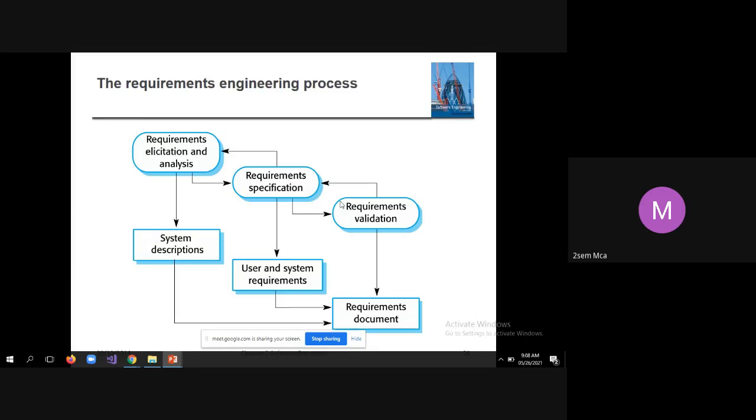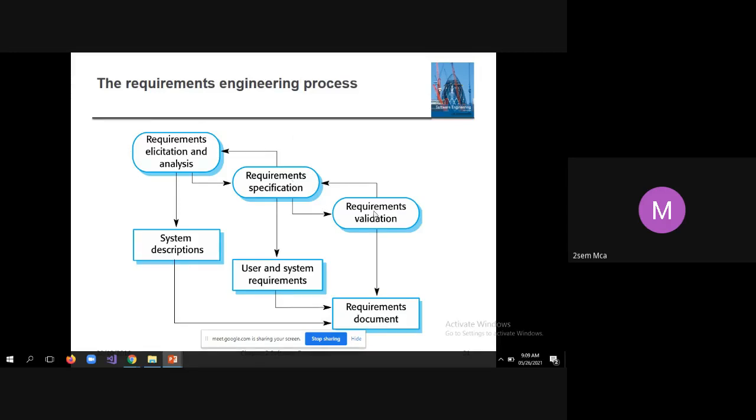The outcome of this requirement specification is user and system requirements. The outcome of SRS is you will come to know what are the user requirements and what are the system requirements. System means the entire project is called a system. So what are the requirements of the system?